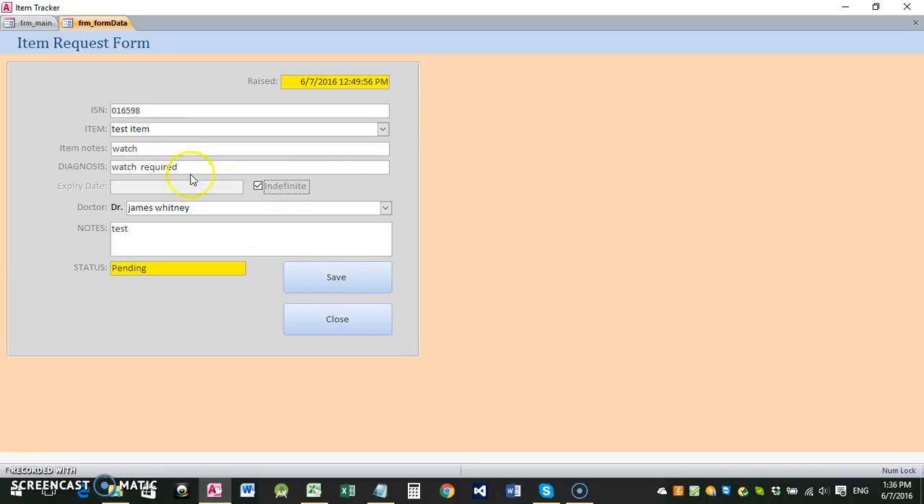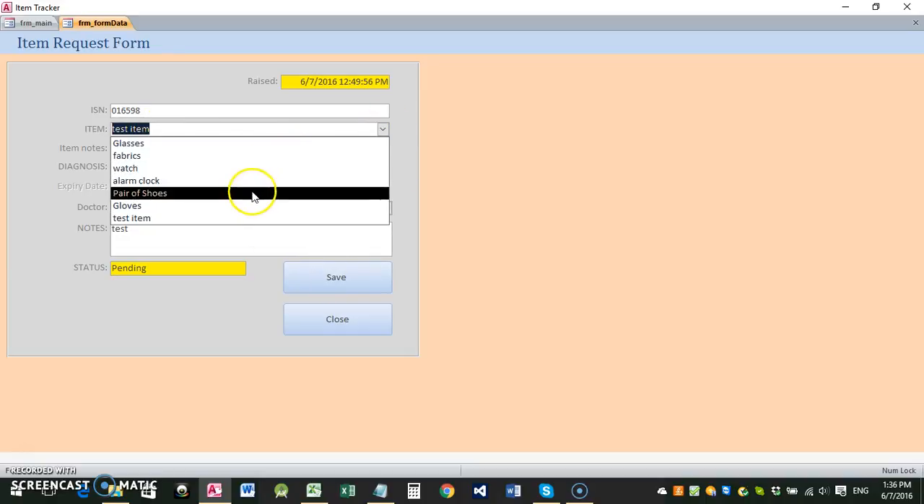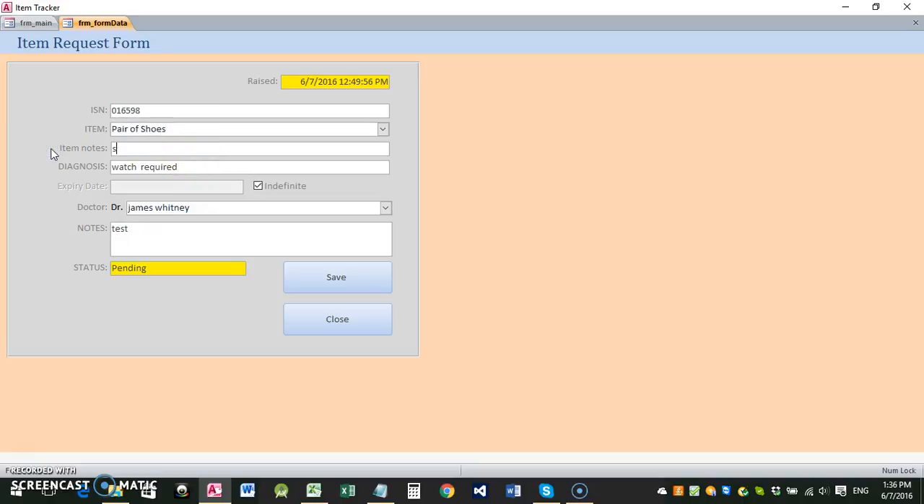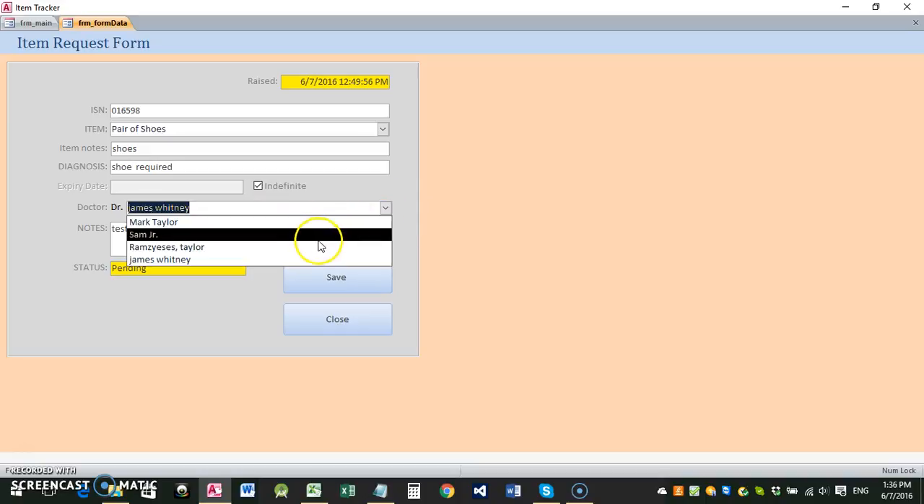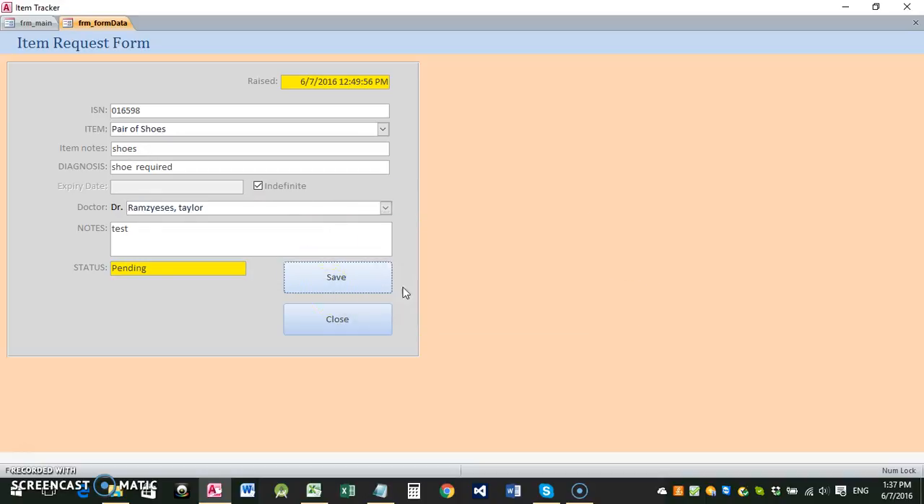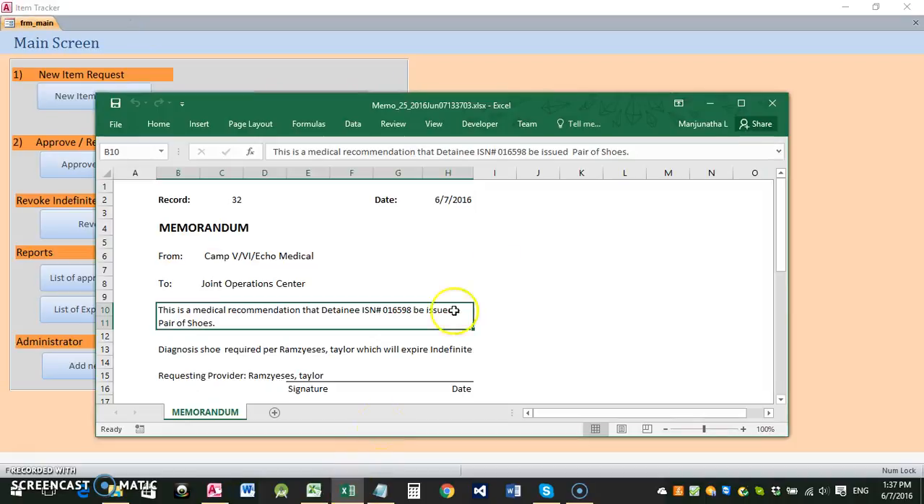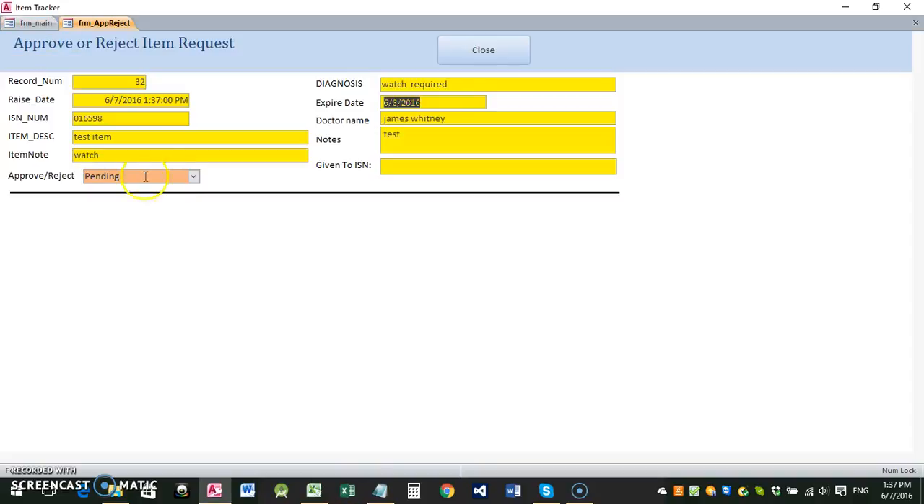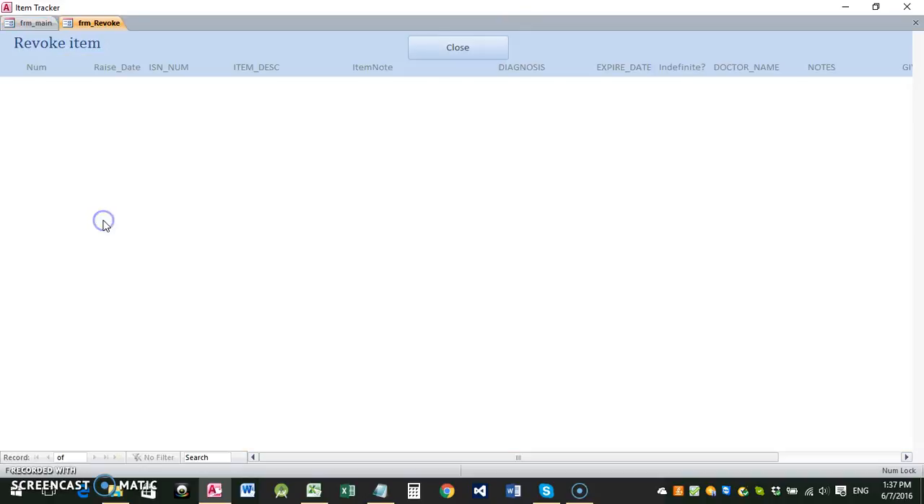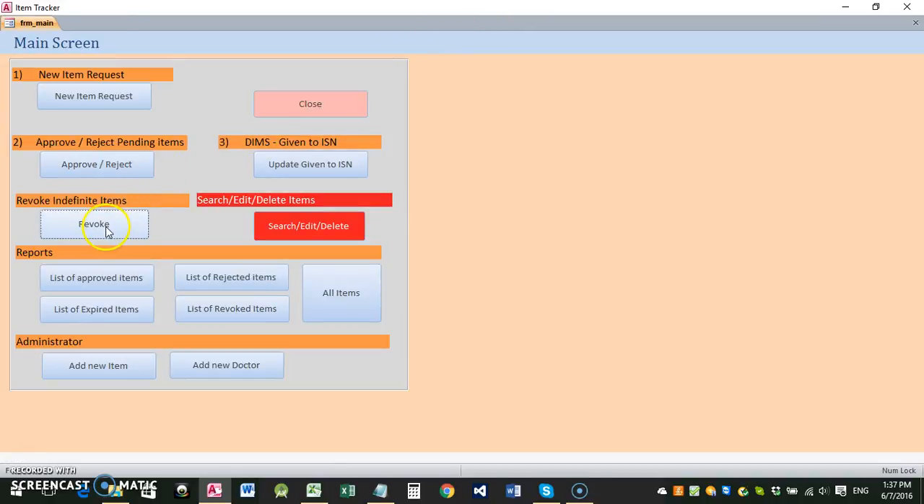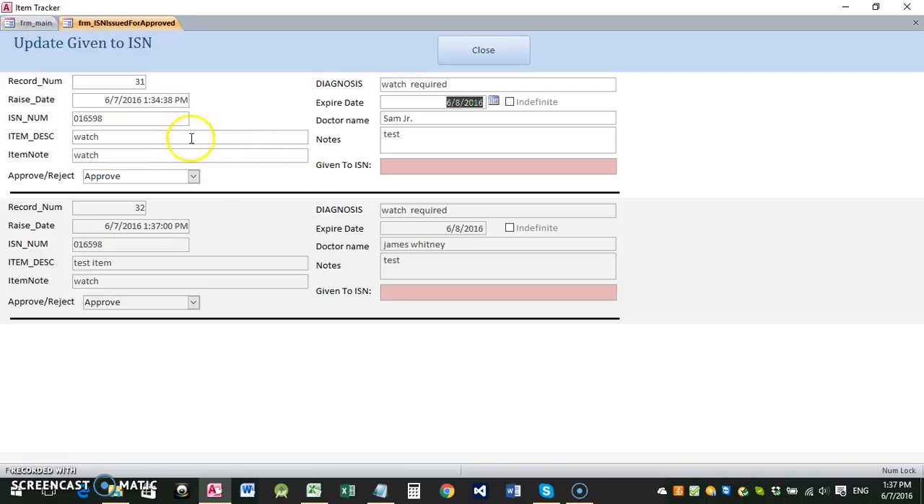So I'll add this one, the same item or a different item, say a pair of shoes. Diagnosis is some data. This is shoe. This is a doctor. Then it's creating the memorandum. It's created. Now we can go to approve it. After that, we can go for, okay, it has not been issued. So only after issue can we